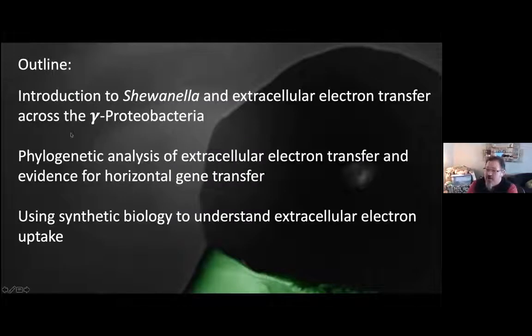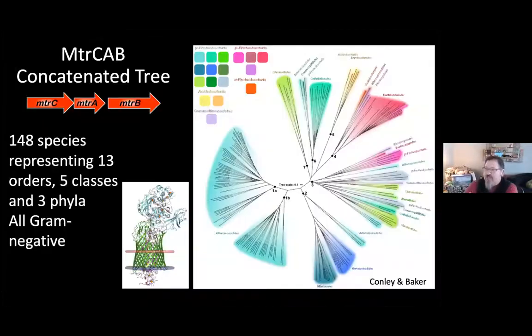Okay, so we're going to take learning from Shewanella and Vibrio and Aeromonas, and we can now begin exploring where else we see this capacity in the sequence database. This is work that's been driven by my grad student Bridget, and also Izzy Baker, a grad student with Pete Girguis at Harvard, who's a collaborator on this project. What Bridget and Izzy did is take the MtrABC sequence from Shewanella and concatenate it, so they stitched it together, and then searched the database